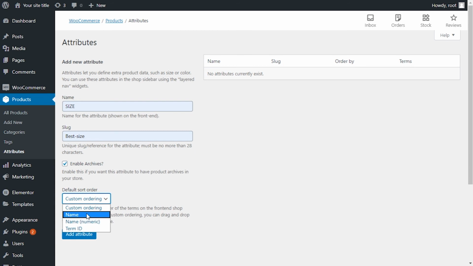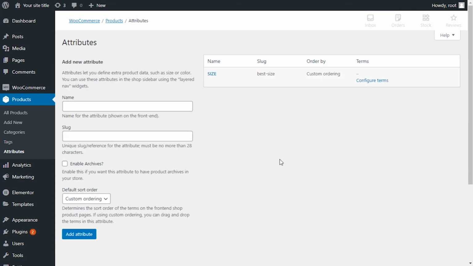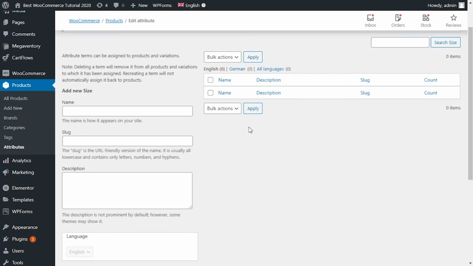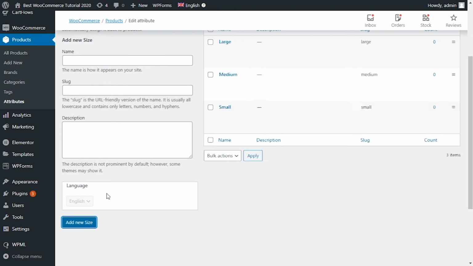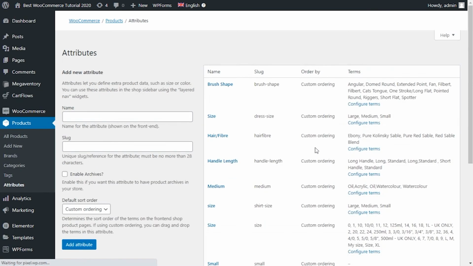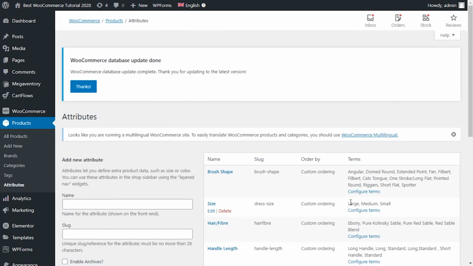Continue setting up your attribute by clicking Custom Ordering as the default sort order, then hit Add Attribute. In the top right, select Configure Terms. This will take us to where you can add terms of your size attribute. In our case, add small, medium, and large. Then click Add New Size to complete your attribute. And now you've got a new attribute.